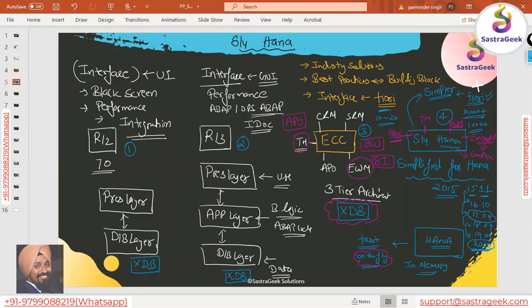Performance is better. Your total database size in TBs will go down. The data model is simplified. Reporting is faster. Users would be able to do a lot of reporting without even Z reports. Instead of you creating Z reports, users will be able to create their own applications. Users would be able to play around with the analytics, creating their own analytical applications. TM you can use in the same system. EWM you can use in the same system. PPDS planning you can use in the same system. It has so much to offer.